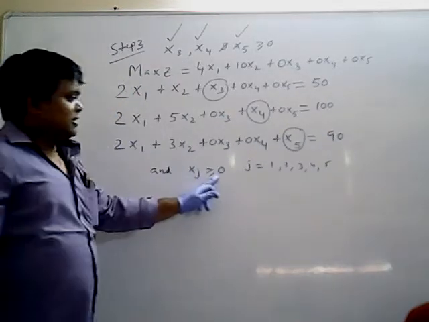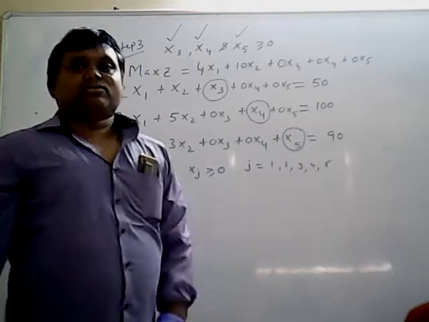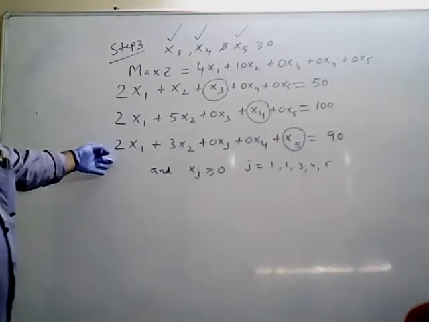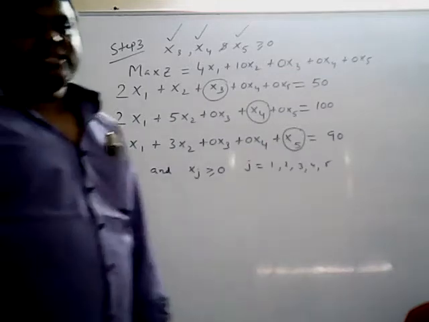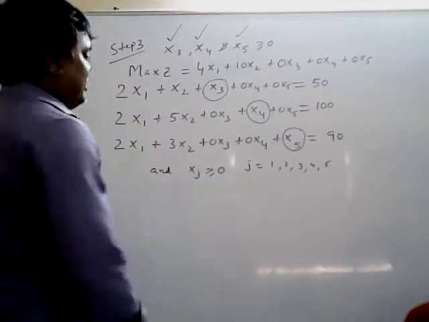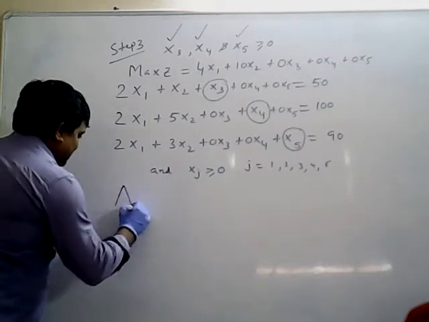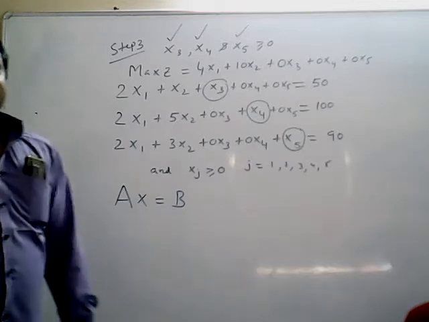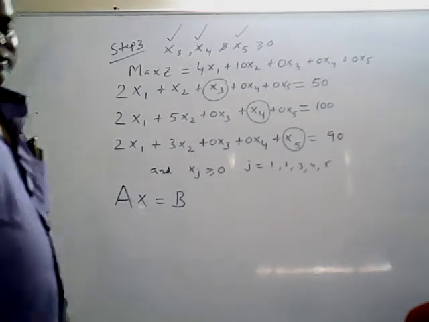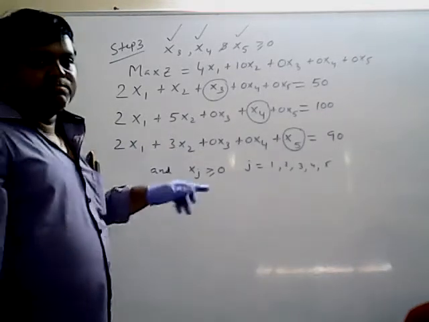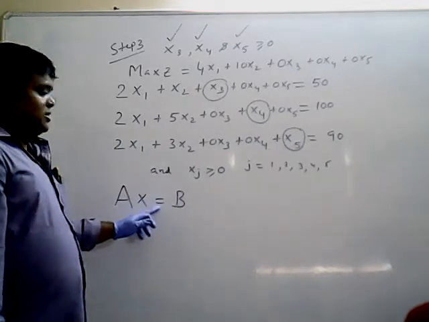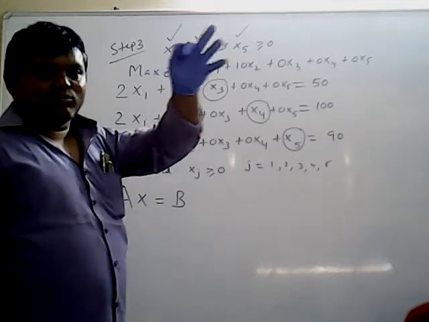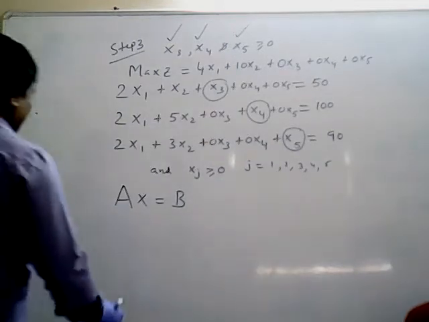And how many variables are there in the problem? Xj greater than equal to 0, j equal to 1, 2, 3, 4, 5. So now this is the standard form. After that we can write the matrix form. I have already told the matrix form of an LP. Simply, matrix form means AX equal to B, because for the simplex table we require the matrix form first. C is the cost matrix. Already I have denoted what C, A, and B are, so I am just writing those things here.